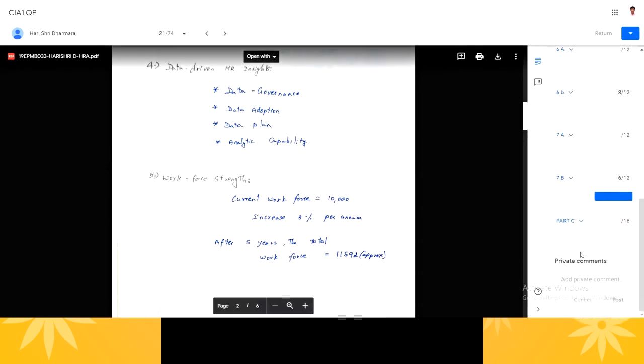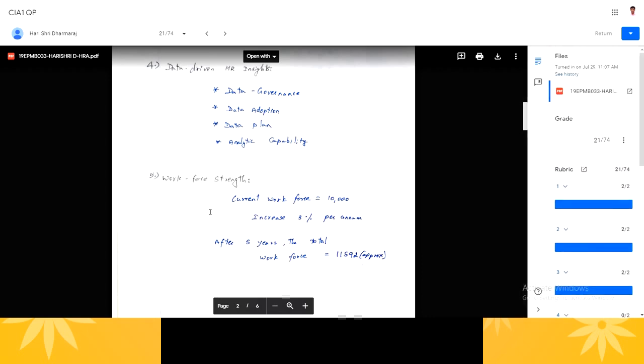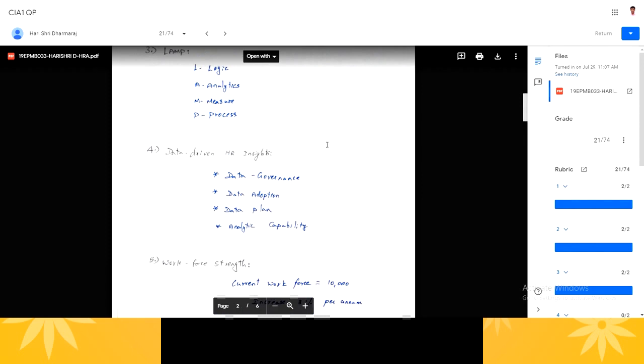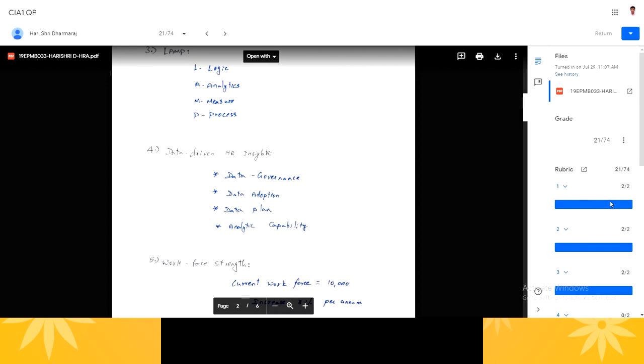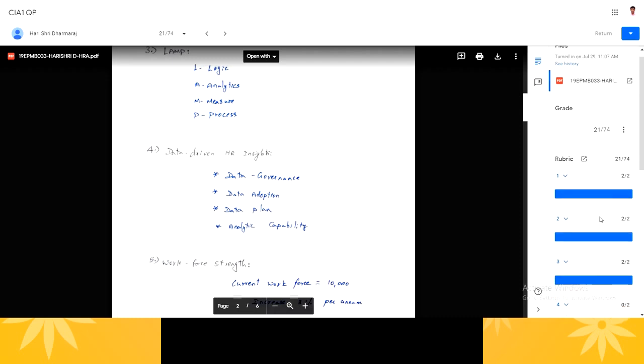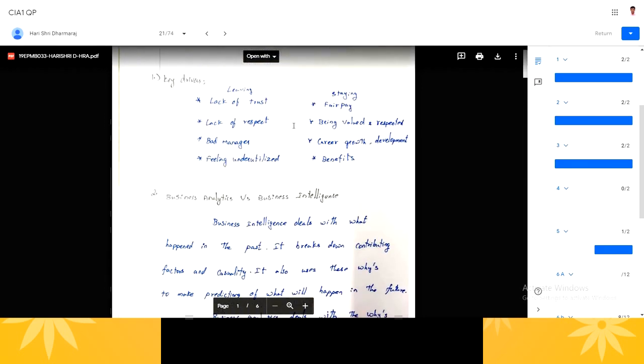What are the advantages? It is very easy to handle the answer scripts. No need to download the answer scripts uploaded by the students. No need to enter the marks manually on a separate paper. Everything will be auto recorded and sent back to the student when it is released. Now let me tell you how to create this rubric sheet to evaluate the online answer scripts.